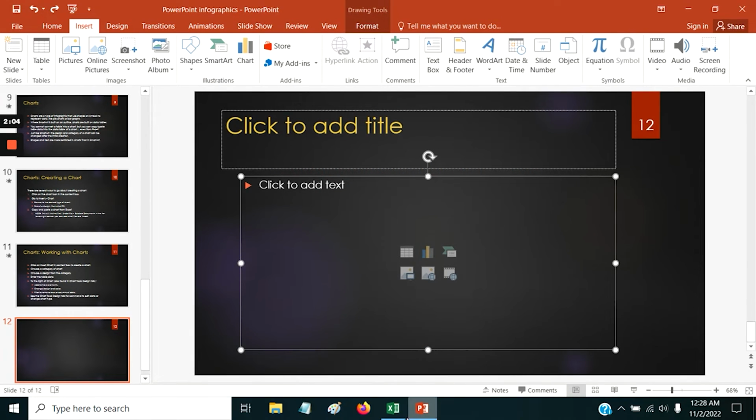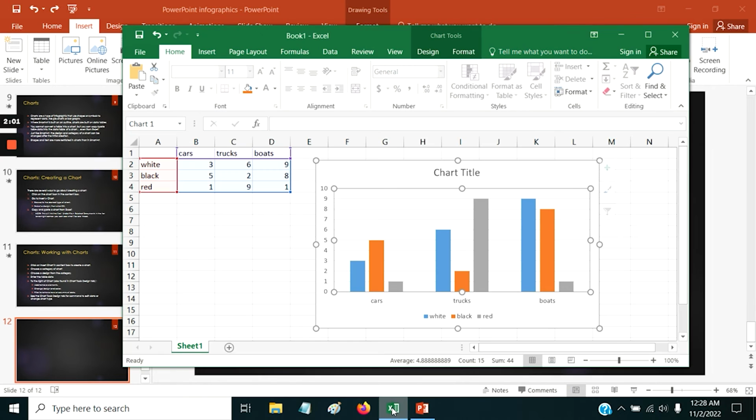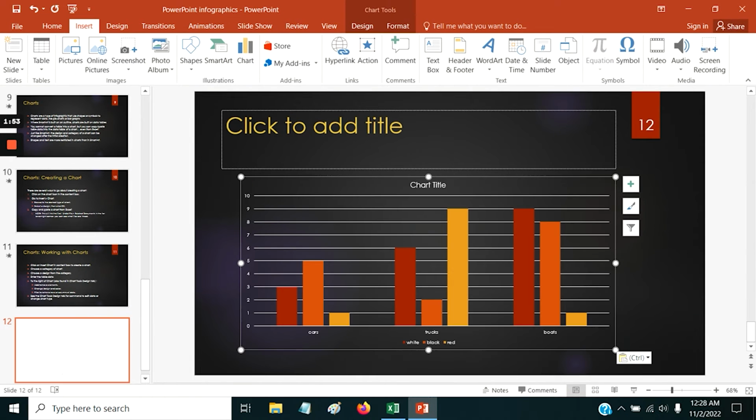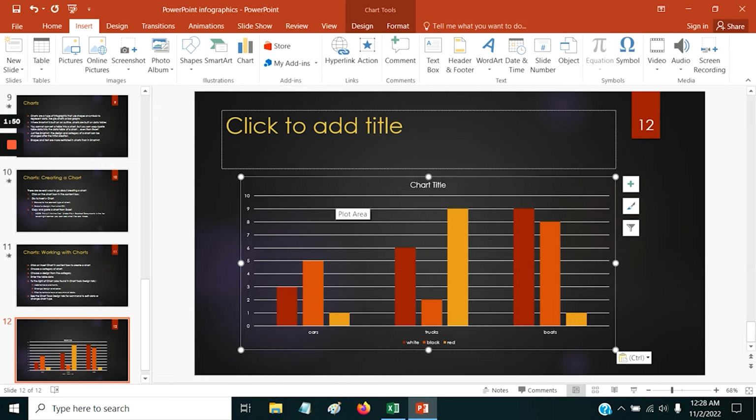And one other thing you can do, and I don't really recommend it, is you can actually copy and paste a chart from Excel. So I'm going to copy this chart here, paste it right here. And the reason I don't recommend this is because it links the files. So in other words, whenever you do your presentation, you're going to need to have your Excel spreadsheet as well. It doesn't need to be open or anything, but it has to be in the same place and named the same thing. So if you were to take this PowerPoint presentation and put it on a thumb drive to use in a different laptop, you'd have to have the Excel file with it,